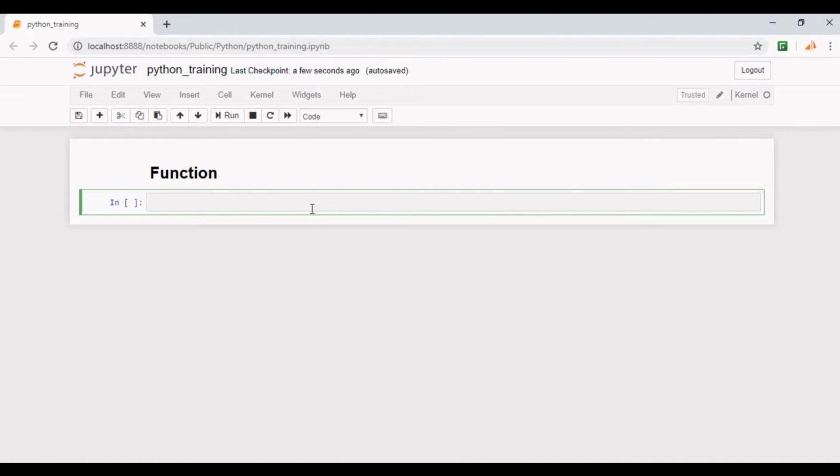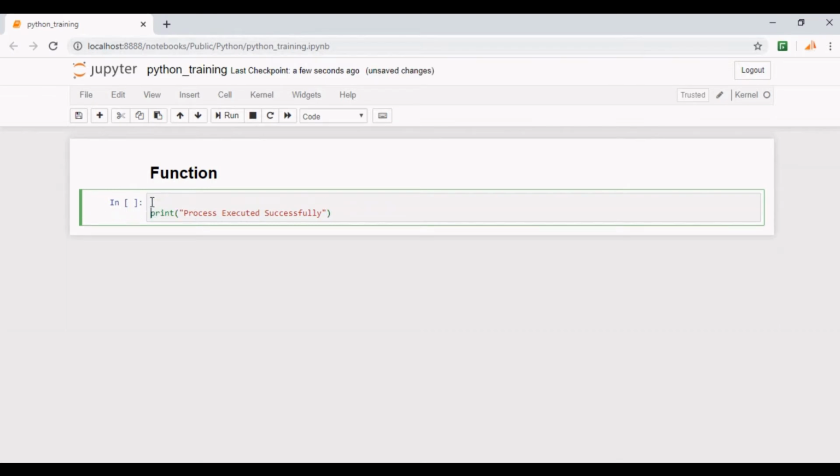Let's take this example. Suppose you are developing software which will throw a message to the user, process executed successfully, when a certain flag, say flag status, becomes true.